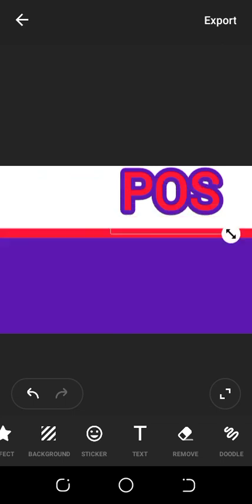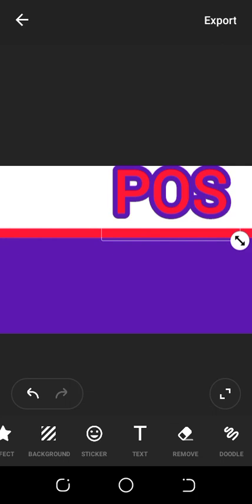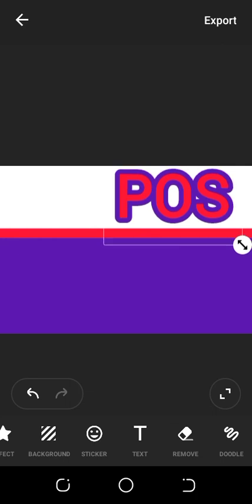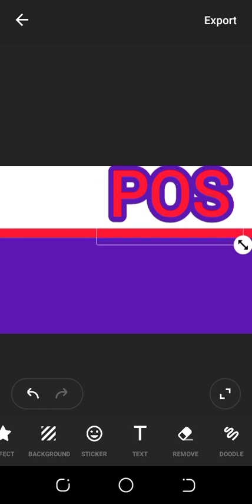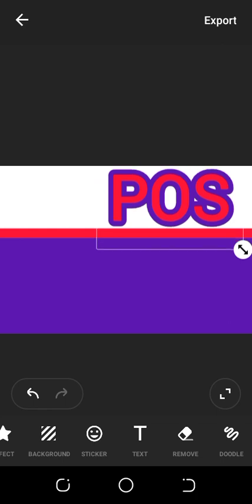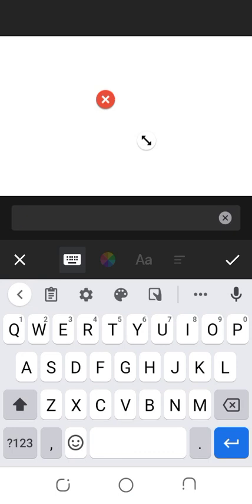Now this POS, I will still add it up. Then I'll bring it down like this. I'll draw it to the left. I'll add a little and then bring it here. Okay, now I'll click on this text and then I'll write